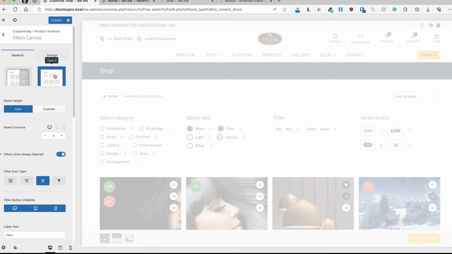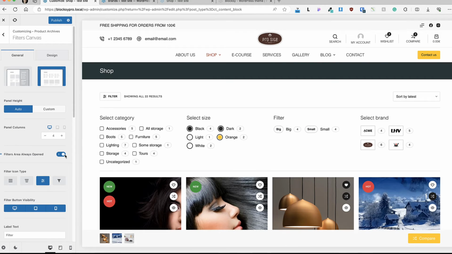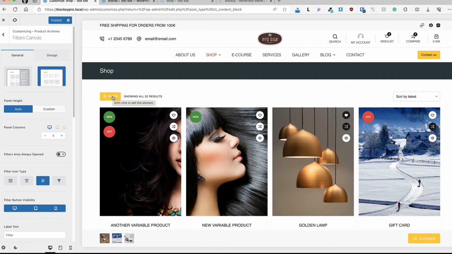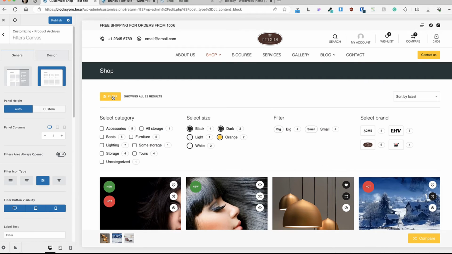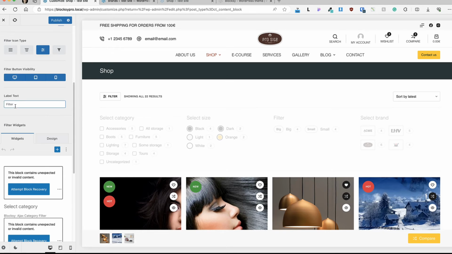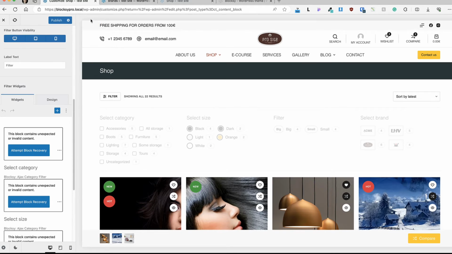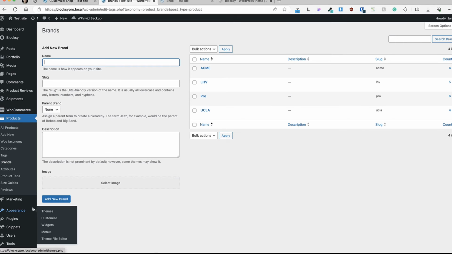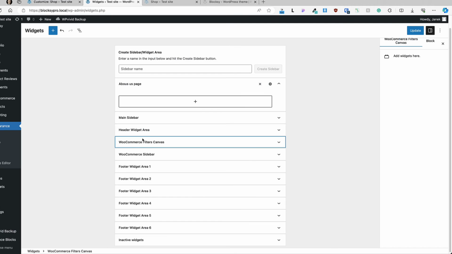I like this type 2 more, therefore I'm going to activate this, and since I want them to be displayed all the time, I'm going to activate filters area always open, but I can also deactivate it, and then the user has to click on the filter button and it appears. I'm going to leave it open all the time. Next is filter icon, button visibility, filter text, and now let's go to the appearance widgets, and there is a